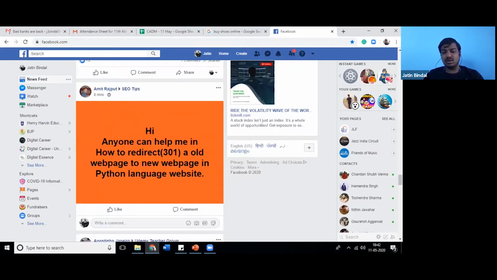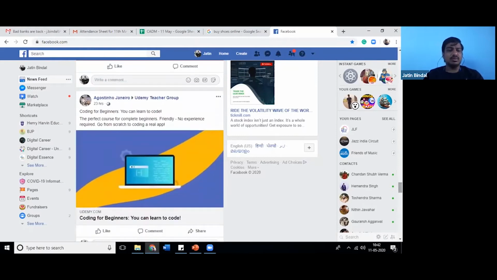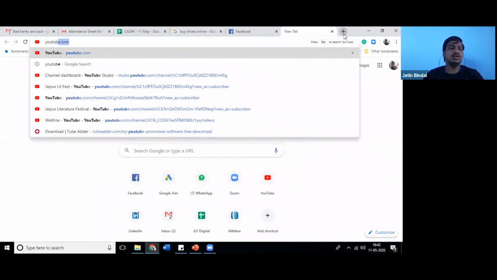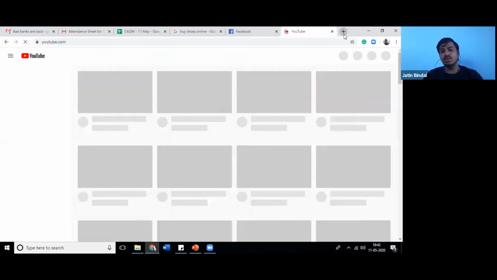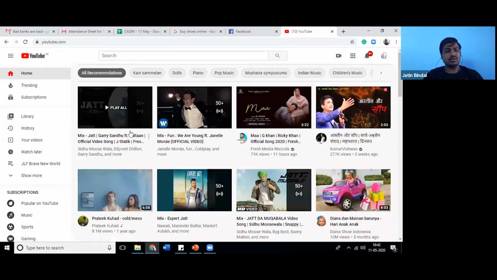So this is also a method to generate traffic, whether through a paid medium or an unpaid medium. So both are methods of marketing. Apart from social media, it's not only Facebook. You can do it on Instagram, LinkedIn, Twitter. Then the next medium of marketing, or increasing visibility, is YouTube. It's a huge network for increasing your visibility.